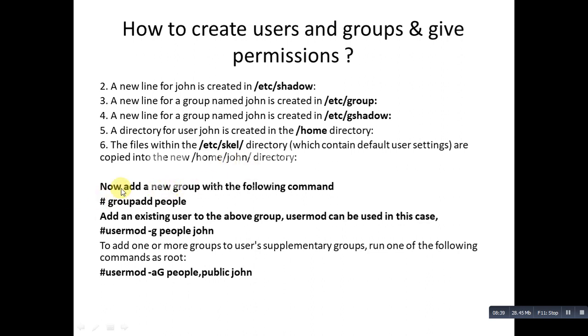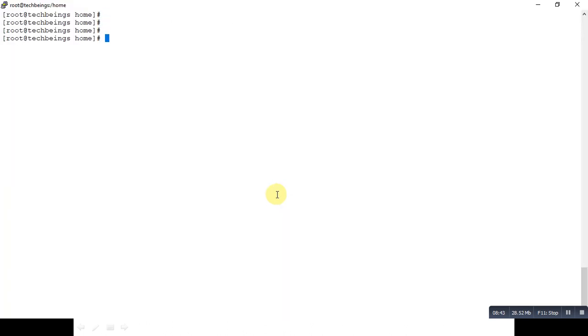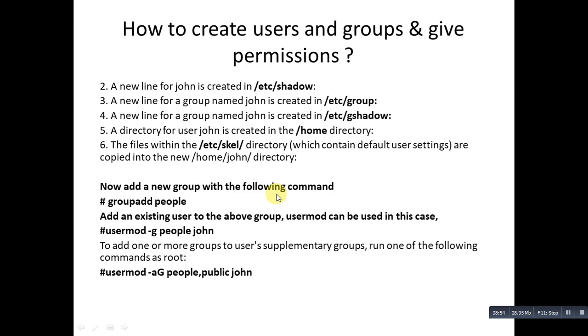So in order to add a group, I will write groupadd and the name of the group would be people. So now the group is added. Okay, so what I will do is I will add the user.